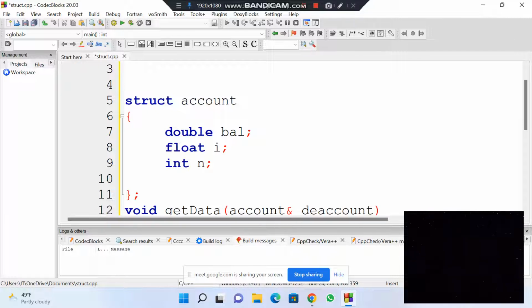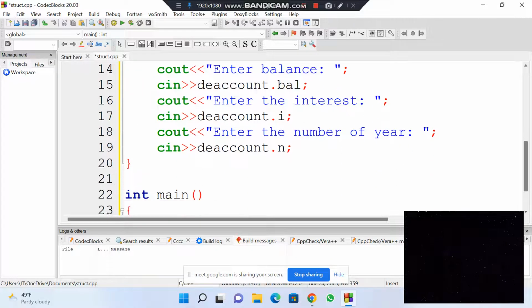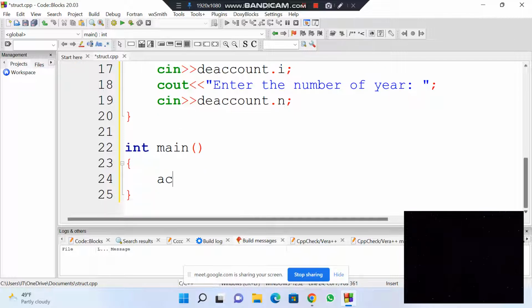So here, I know that I have a struct called account, but what name can I use inside int main? I can decide to use X. Let me use X. When I decide